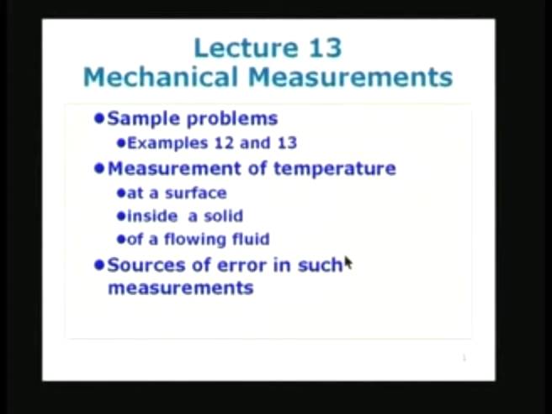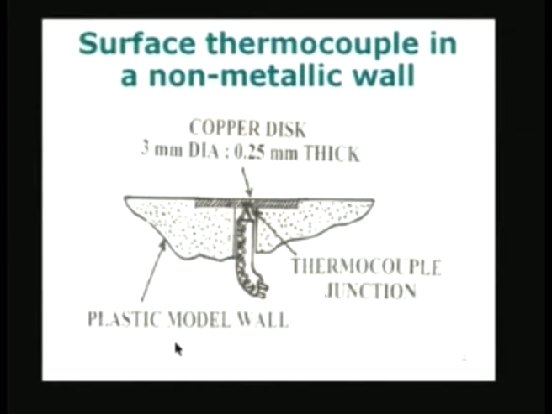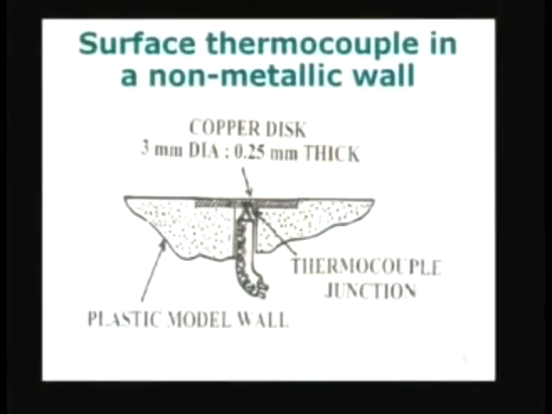These errors we are going to talk about are systematic errors which occur because of some specific reasons, and we will try to identify the reasons why these errors occur, and we will try to find out if we can give some idea about how to calculate or estimate these errors. So, let me take the examples one by one. We would like to measure the temperature of a surface. In the slide I am showing a body which is made up of a plastic material, possibly not a very good conductor of heat.